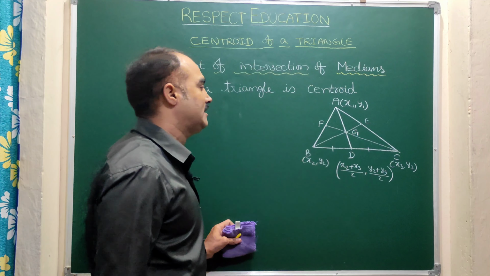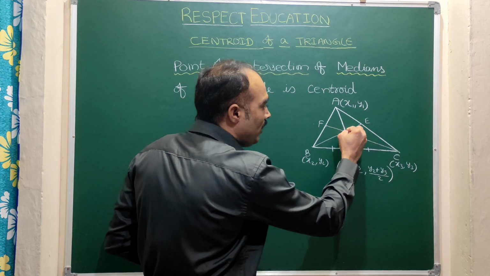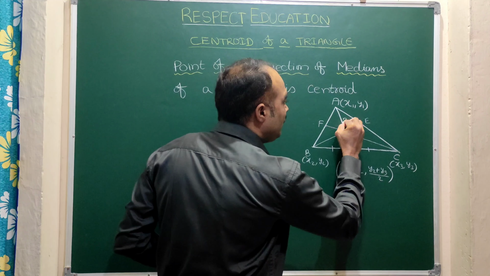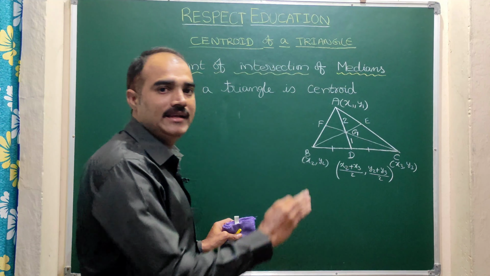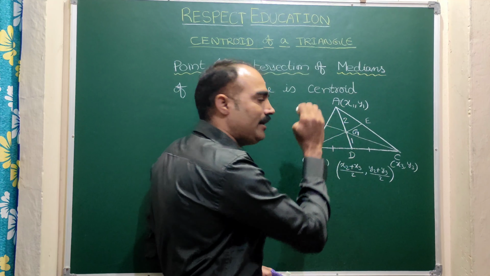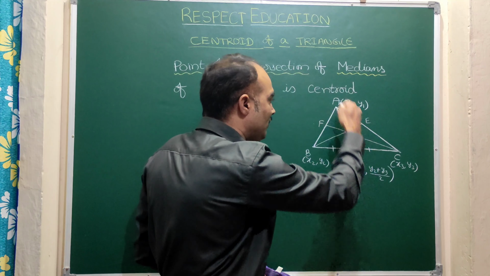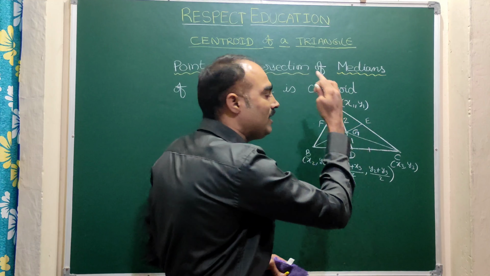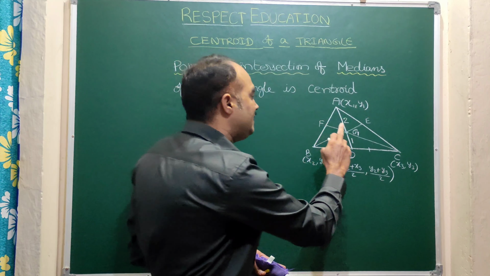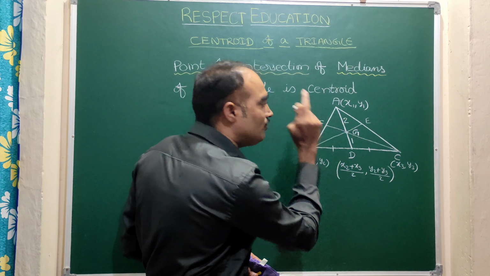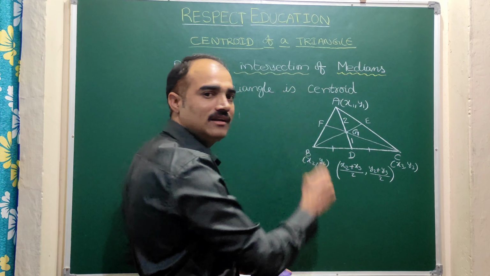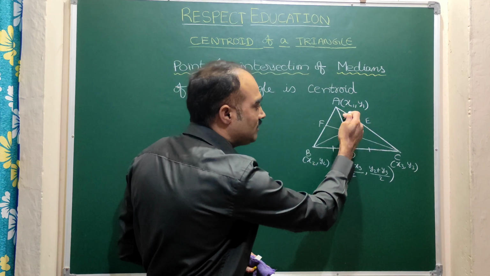In simple words we can say, here this point G divides AD in the ratio 2:1 internally. It is very easy to remember. So here G, the centroid, divides AD, the median, in the ratio 2:1 internally. Same way here G divides BE in the ratio 2:1 internally. In the same way G divides CF also in the ratio 2:1. Clear? From this side is the longer one, indicating 2, and this is 1. So it is 2:1 from this side, and 2:1 from this side.